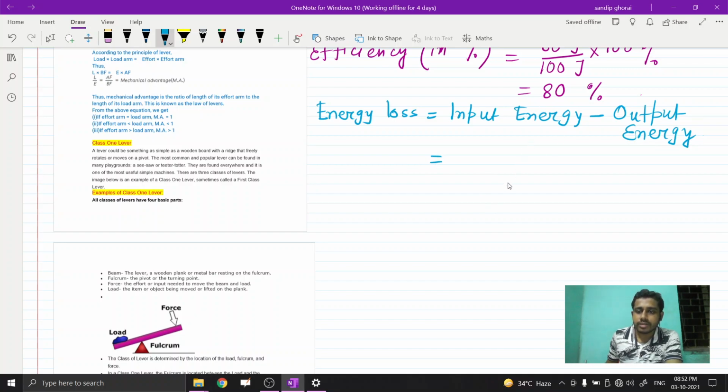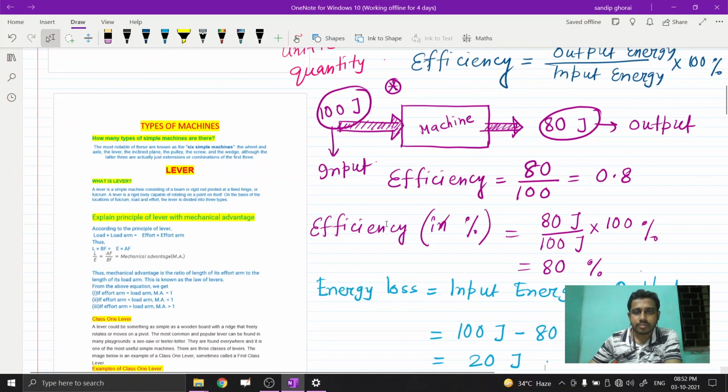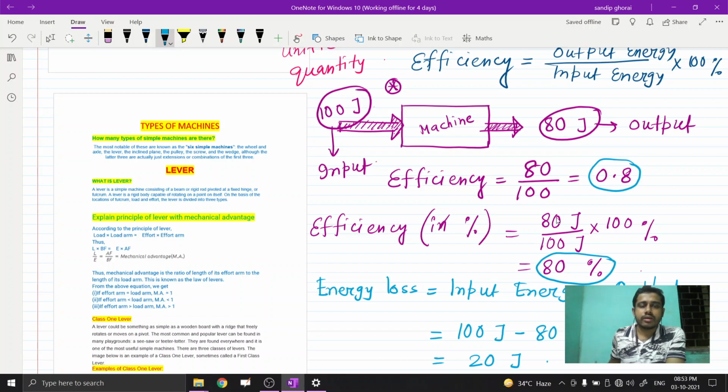So here from this problem we can take input energy as 100 joule and output energy is equal to 80 joule. So energy loss for this machine is 20 joule. Okay, so if we apply 100 joule to this machine and we get 80 joule, then we can say energy loss for this machine is 20 joule and efficiency is 0.8, and efficiency in percentage is 80 percent. Okay, now we take a problem